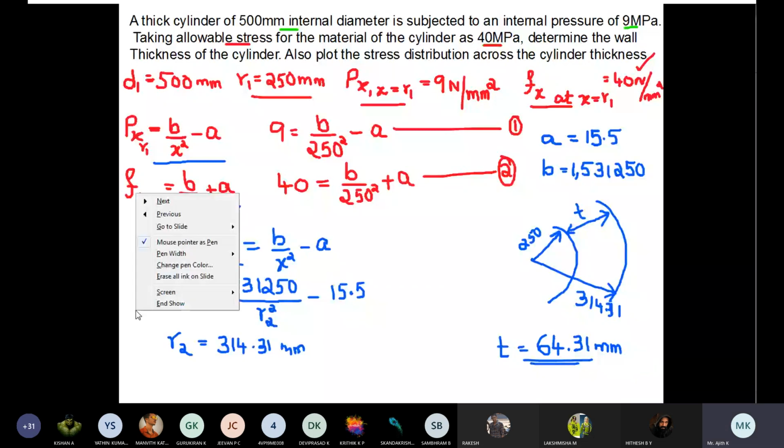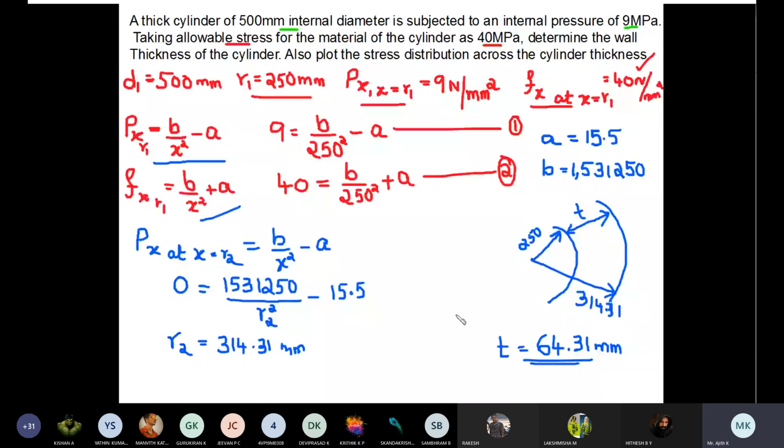So we'll not solve this now. We'll quickly tell you how to solve this problem. Px at inner surface is 9. Px at outer surface is 0 because it is not given in the question. Then calculate Px